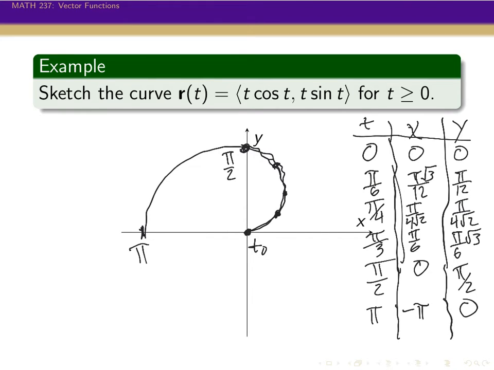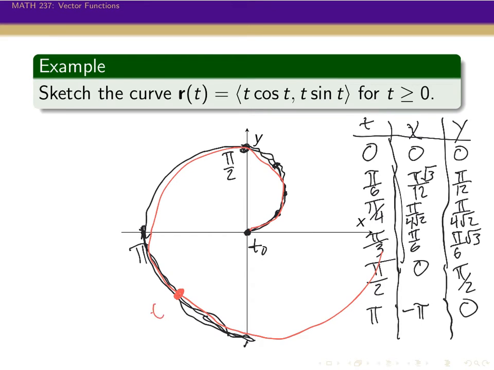And then if we did 3 pi over 2, well, at 3 pi over 2 cosine is 0 again, and sine would be -1. So this would be somewhere way down here at 3 pi over 2. And so we can kind of get a sense for what this curve is drawing out. It is actually drawing out a spiral that's going out further and further. And in fact, in this spiral,